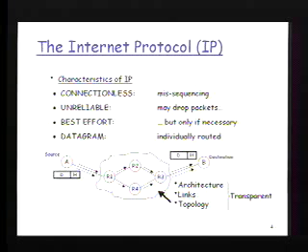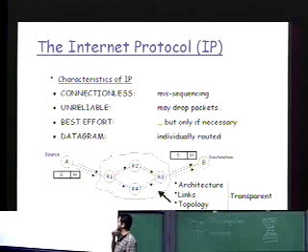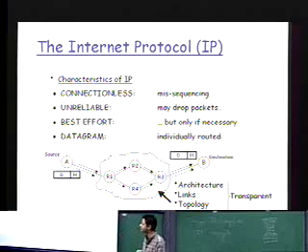It's unreliable. So IP gives you no guarantees of reliable delivery. IP might drop packets. IP is best effort. We'll come to that a little bit later, what I mean by only if necessary. There are some variations introduced in IP which take it to a level above best effort. But for now, let's assume that IP is best effort, and IP is a datagram